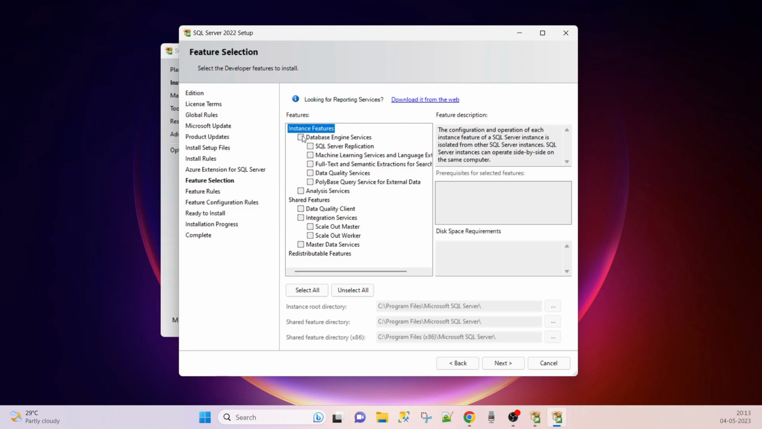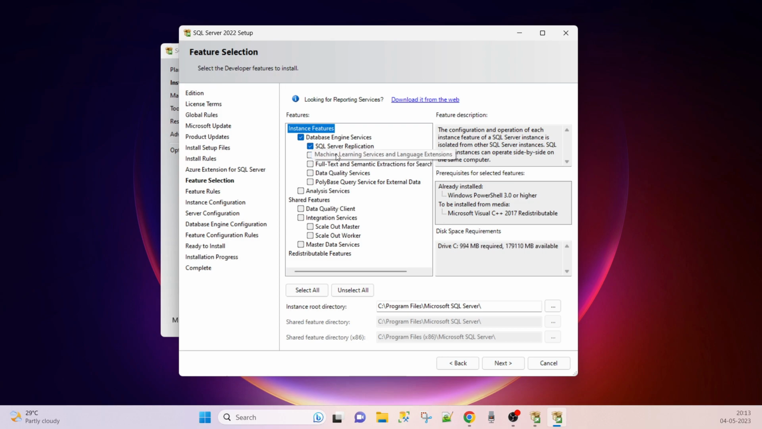And which services do you want? SQL Server replication, along with the database engine. If you have to install replication, then click on it, or machine learning, full text search. So different services are available, like Integration Services as well. Right now I am not installing anything else, only the database engine. Analysis and Reporting Services you can also install. So database engine services. Next,